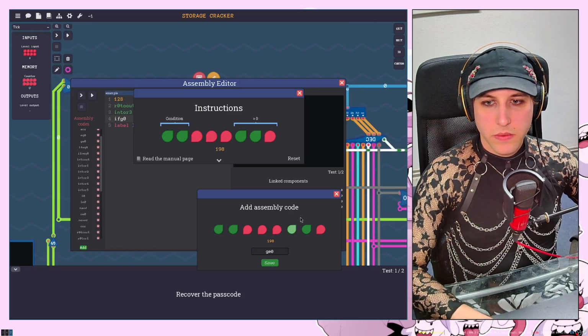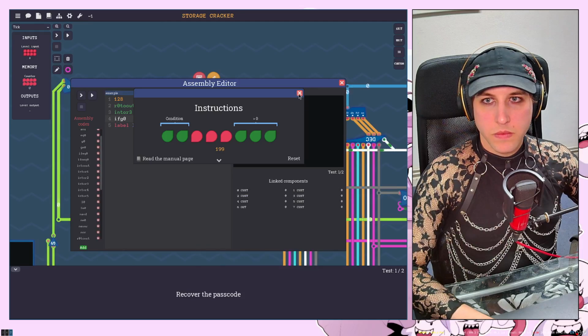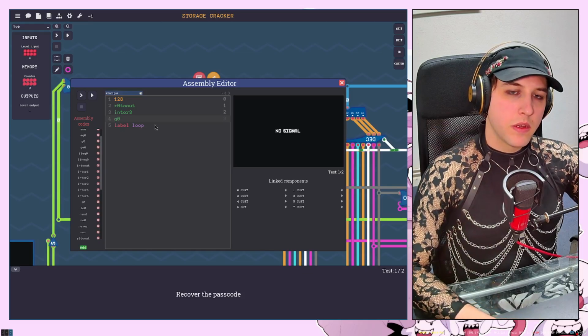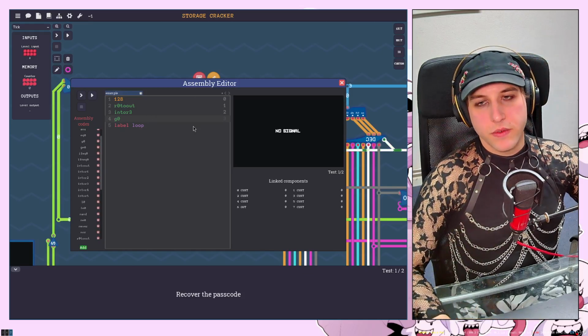Greater equal 0. Greater 0. So these are all possible conditions. If it is greater than 0,